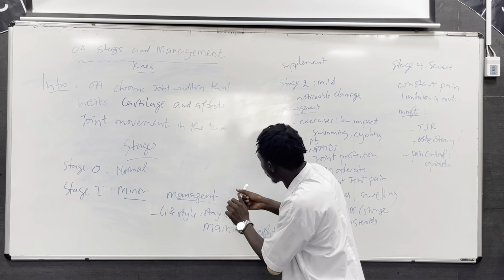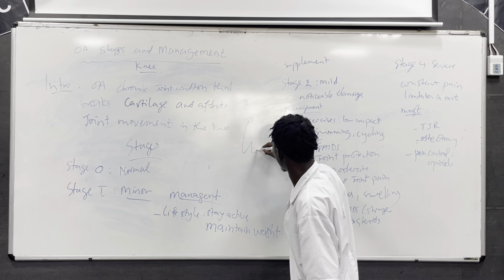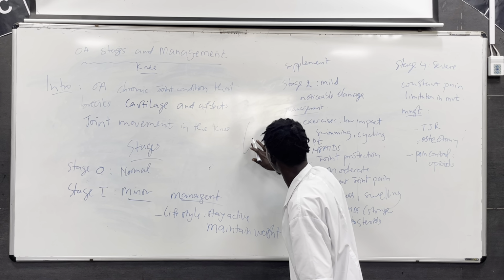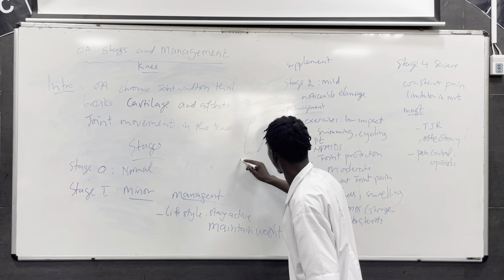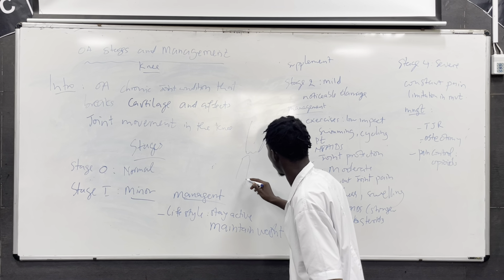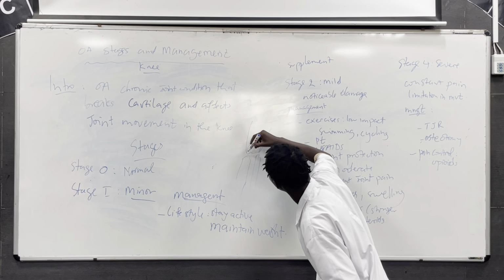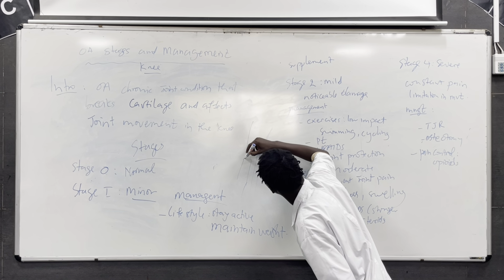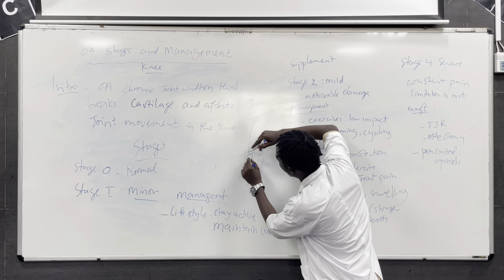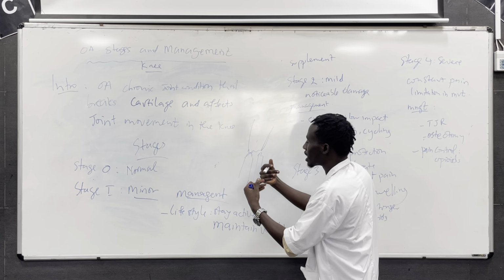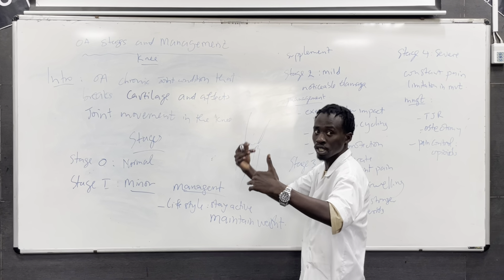For example, as we know, the knee articulation is formed by the femur, which articulates with the tibia and fibula, like this. So here there are the articular cartilages. If these cartilages become inflamed and start to degenerate as someone grows up,